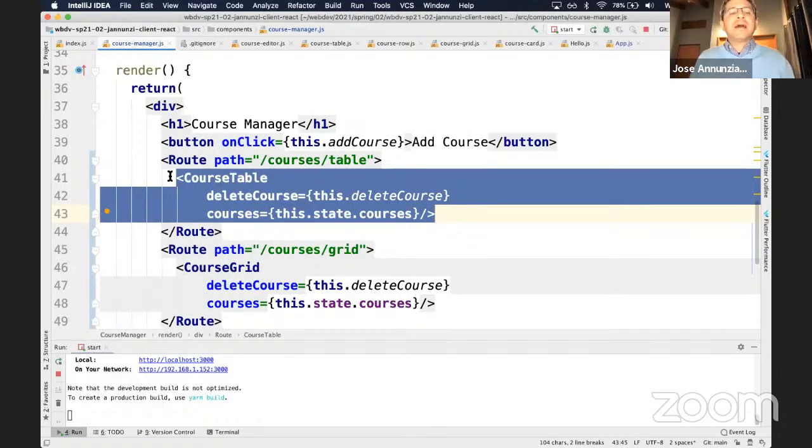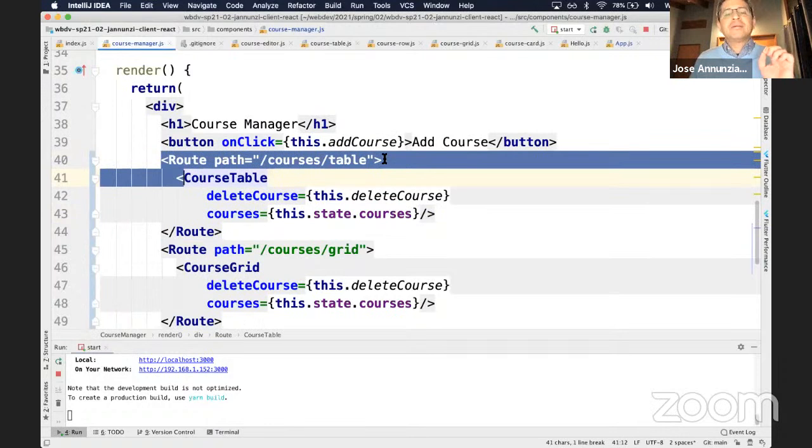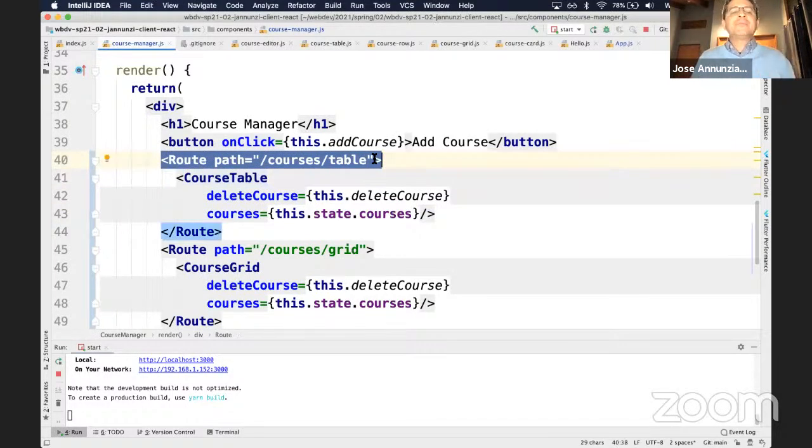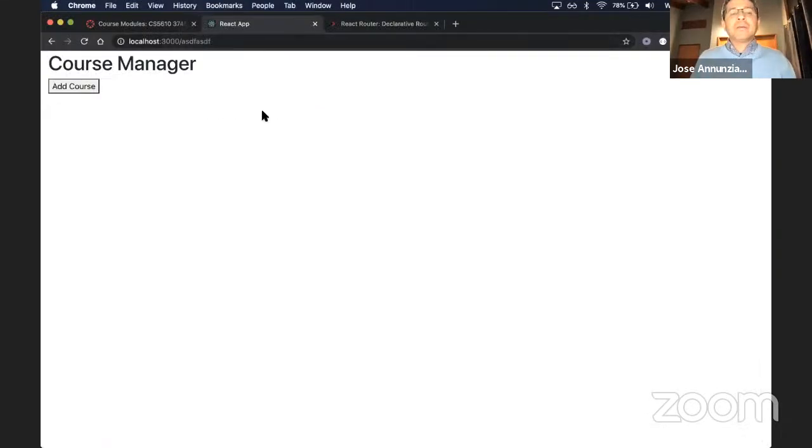Over here I'm saying that I will only show this content if I see this particular path. That makes sense. Thank you. Okay. All right, excellent. So now, right now, we have been seeing the content